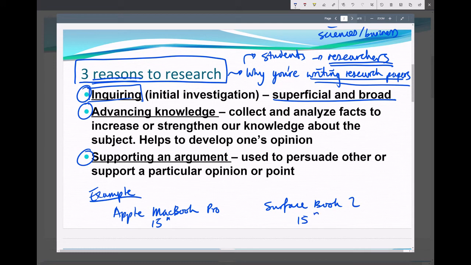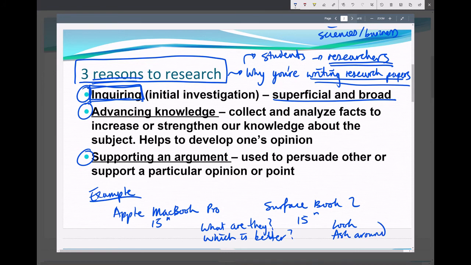Well, if you were to ask about it, you may ask, what are they? And maybe which one is better? And you may ask your friends, you may go to the Apple store or the Microsoft store, and you may look at them. You may ask around.